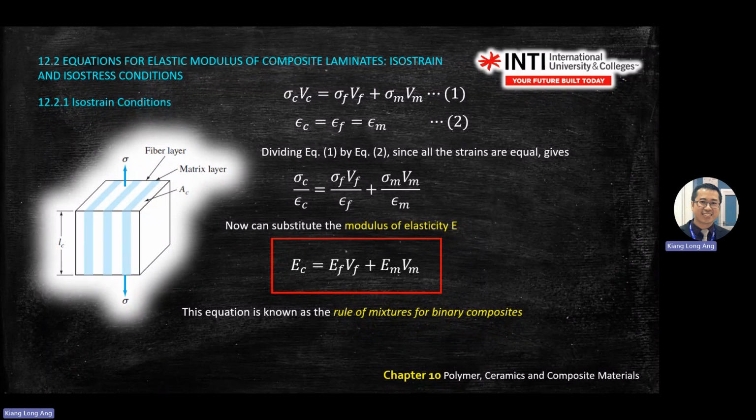Okay, last lecture we stopped at this composite chapter. So we have two cases. One is isostrain and isostress. What I mean by isostrain? When you have a composite that the layers go this way,